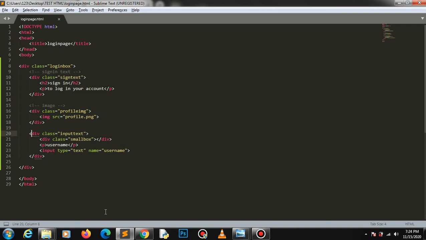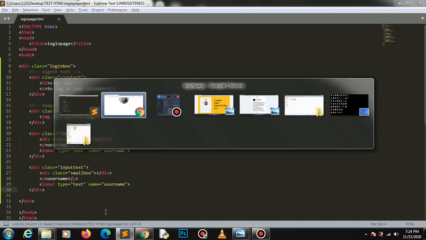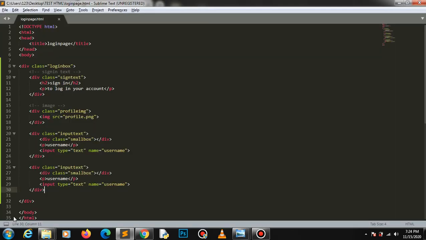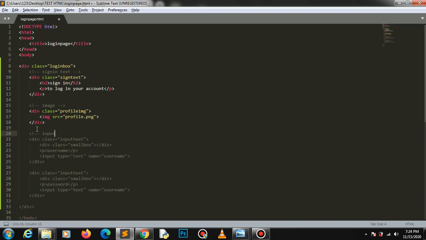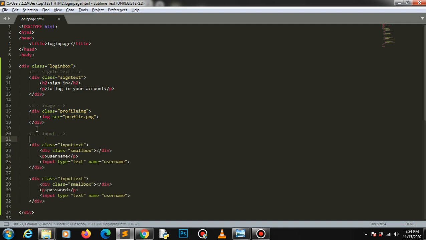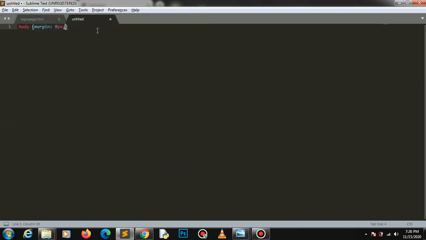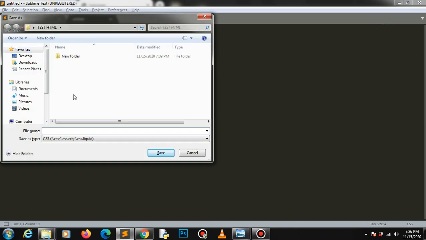And then, right there, input, username, and 0 pixel, and I have to save this. And to save this, it says